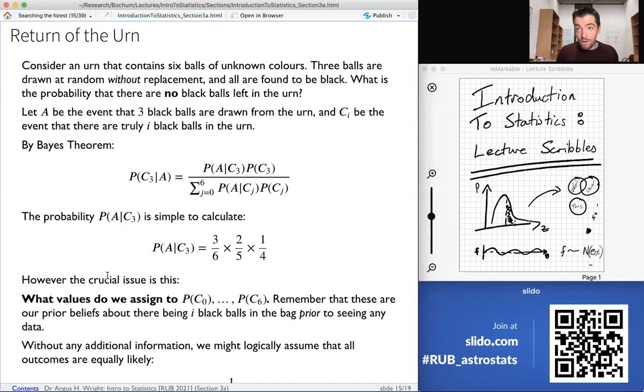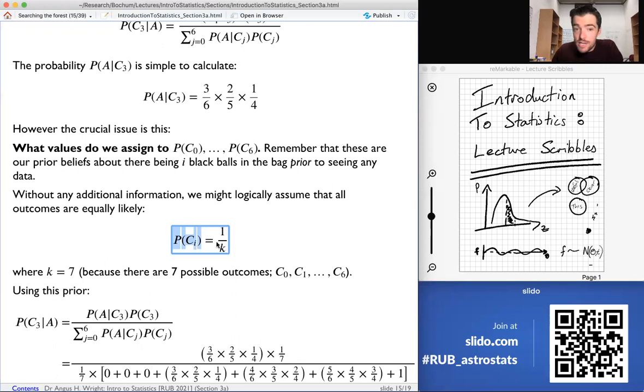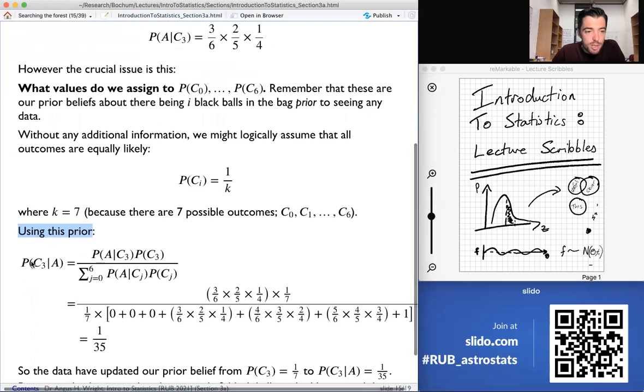It is equally likely that there could be 0 or 1 or 2 or 3 or 4 or 5 or 6, right? And therefore, you would assign the prior probability P of Ci equal to 1 over K, where K is the number of possible outcomes, which is 7: 0, 1, 2, 3, 4, 5, 6. So we can use this prior, sub the prior back into our Bayes theorem, and we get the probability that